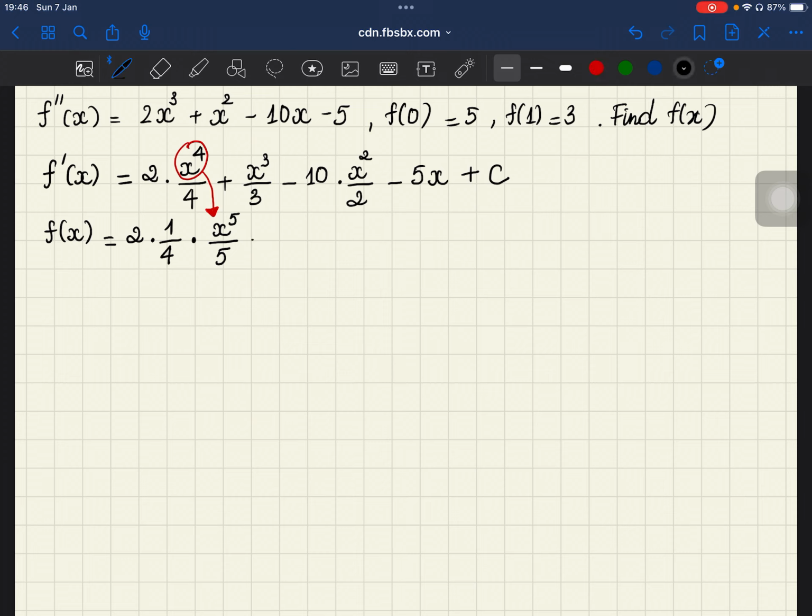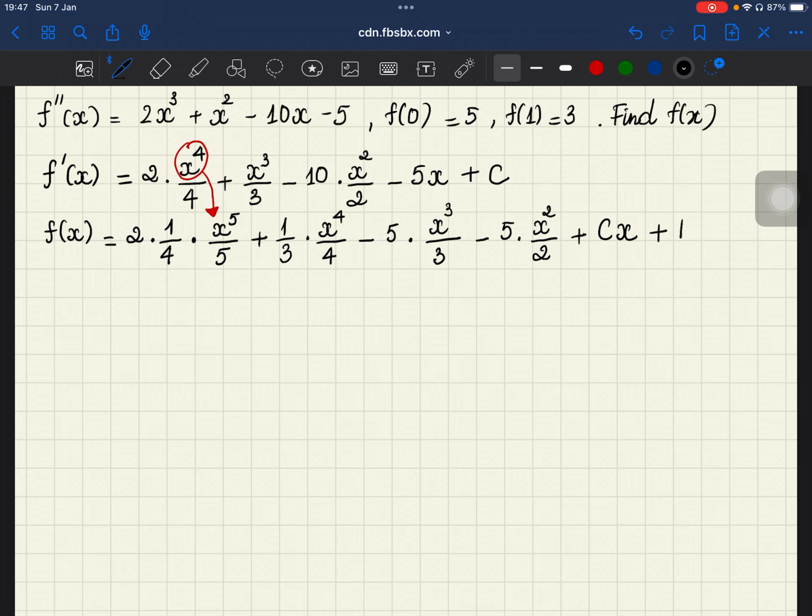power rule, plus 1 divided by 3 multiplied by x to the power 4 divided by 4, minus 5 multiplied by x to the power 3 divided by 3, minus 5 multiplied by x squared divided by 2, plus cx and plus d. Okay, so now we know that f(0)